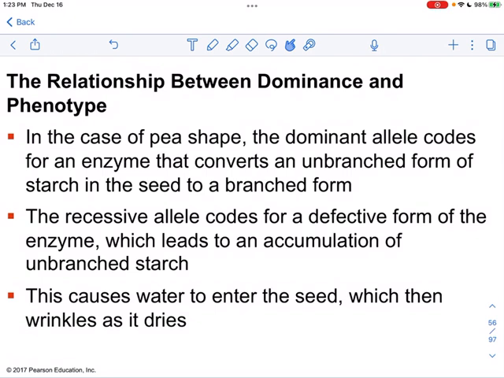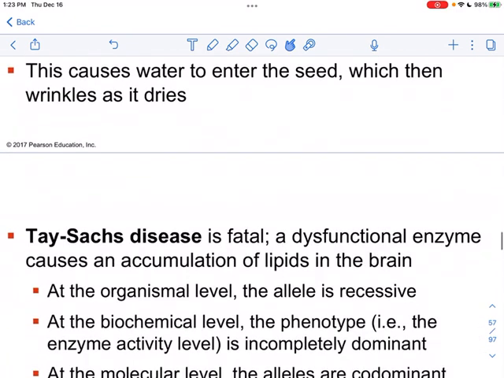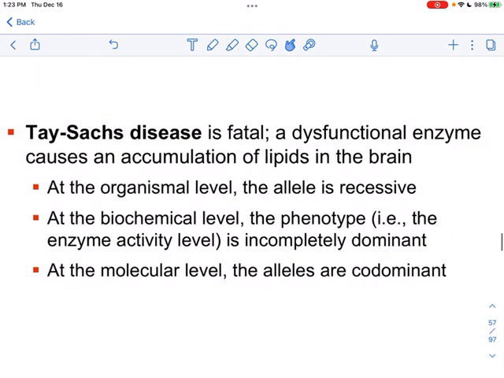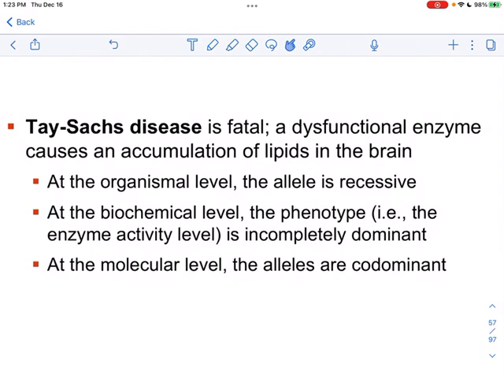And that is what brings about this wrinkled trait, because in the recessive, there's a defective form of the enzyme that leads to an accumulation of unbranched starch. We never end up making things like cellulose or starch grains. They stay as simple carbohydrates, and it causes a lot of water to enter the seed and then wrinkle as it dries. We see the same thing happening when we take a look at some of the recessive